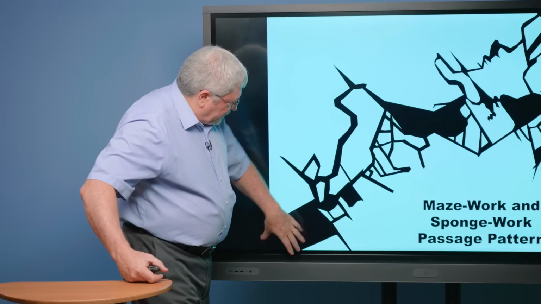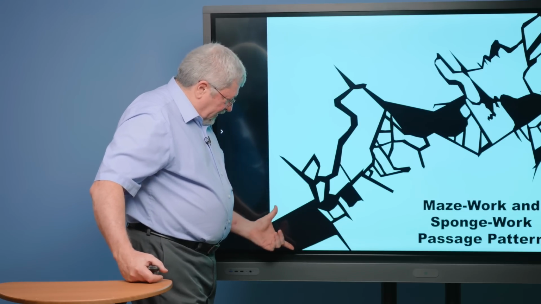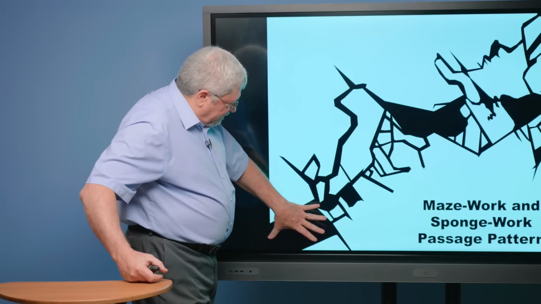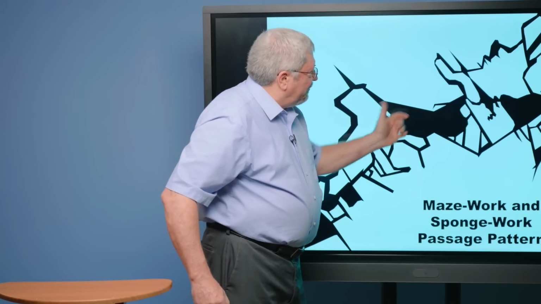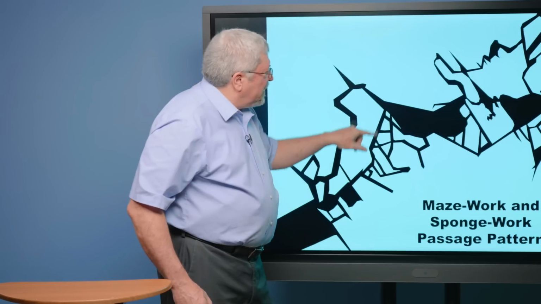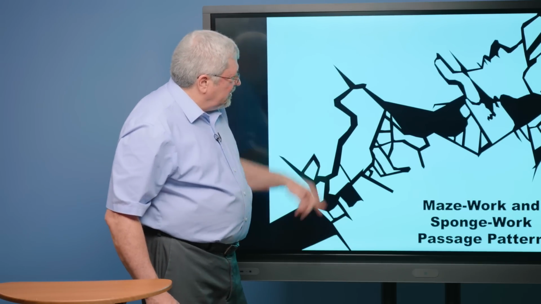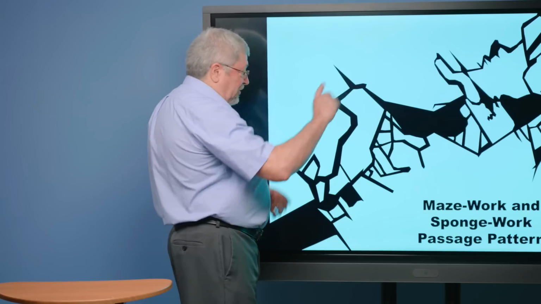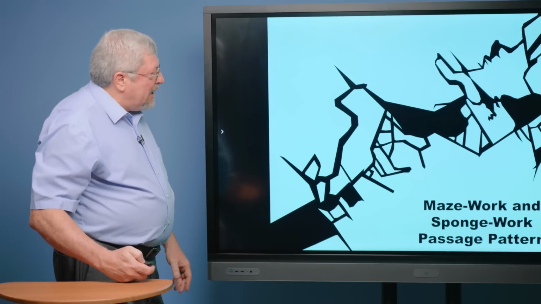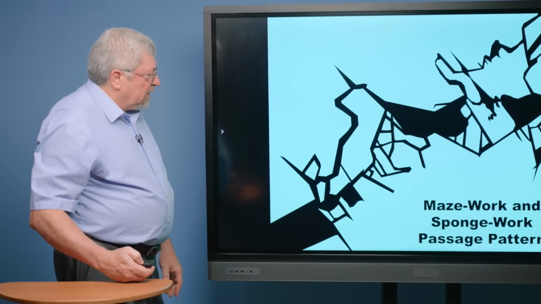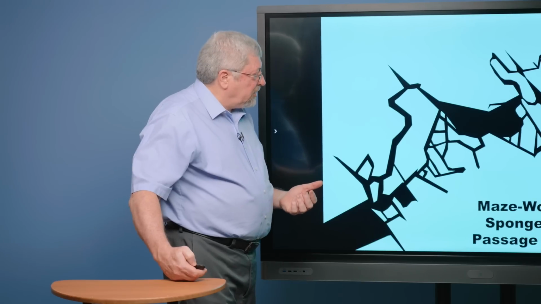mapping. So this would be, for size, I don't have a scale on here, but this would be a room about 20 feet wide, 40, 50 feet long. This is another room about 15 feet wide, about 40 feet long. But coming between them, you have these passages that connect them, and side passages that go in circles. When you plot them out, they create a mazework structure. This is characteristic of the hypogenic speleogenesis.